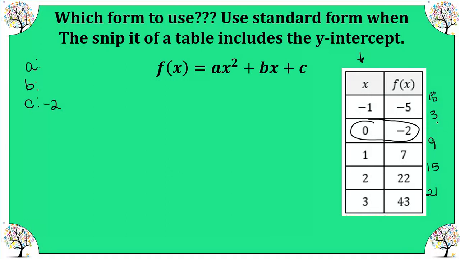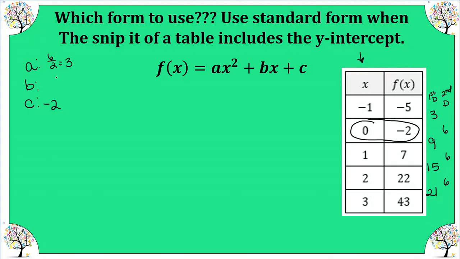Now let's find the second difference. From 3 to 9 is 6, 9 to 15 is 6, and 15 to 21 is 6. So the second difference is 6. So our A value is 6 divided by 2. Don't forget, the second difference divided by 2 is how you get the A value when you're using standard form